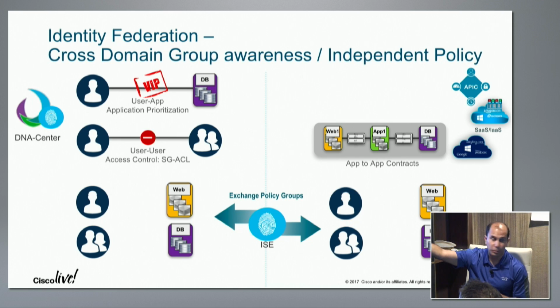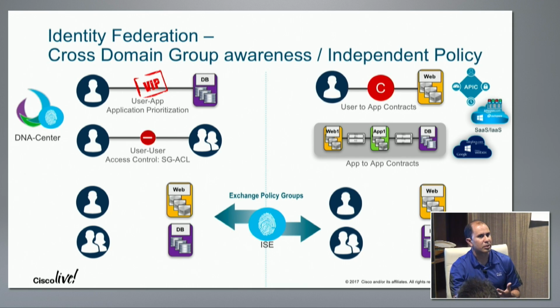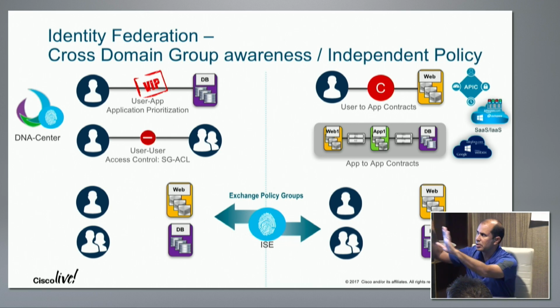I can define a QoS policy on the access network. Maybe a QoS policy doesn't really bear much relevance on the data center side because I have so much bandwidth. So I can define contracts that define who can talk to what inside the data center and enforce it only there. That might be my way of operating, right? So first step, identity exchange and independent policy domains, right? Now,